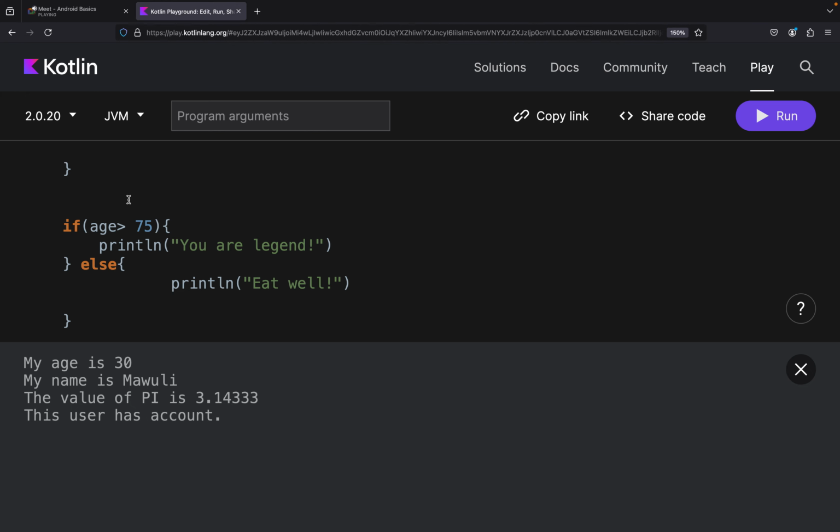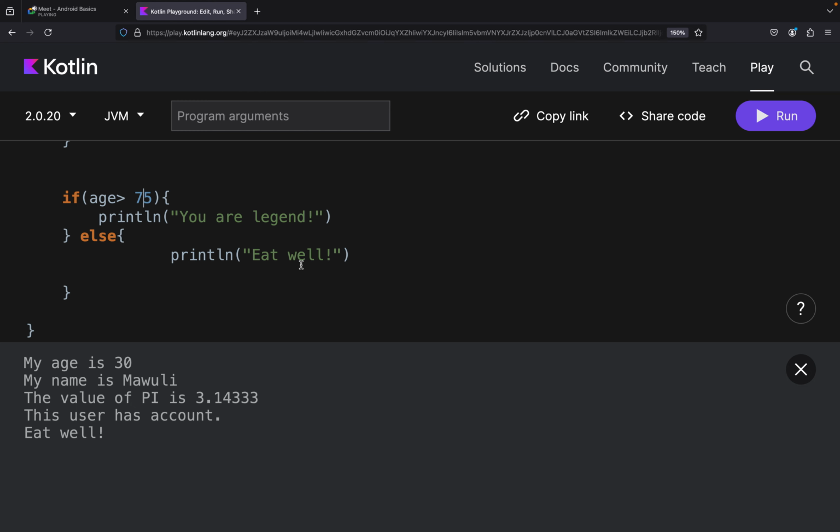Okay. So we'll test the age. The age currently is 30. So we are comparing it against this one. If it's true, then it will print this part. But since it is false, the age is 30, which is less than 75, it will print the else part. Okay. So with this, you can check whether the age is 35,